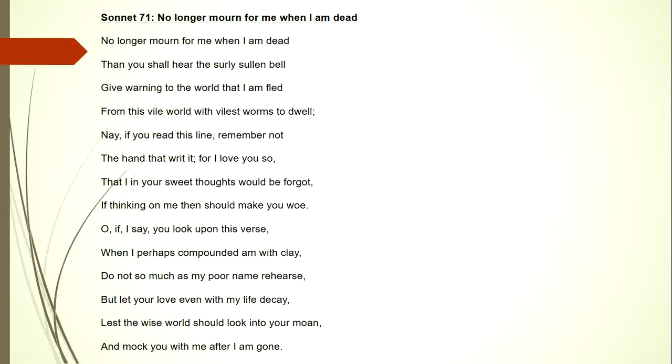So if we look at the poem in terms of structure, we know that Shakespearean sonnets are normally written in 3 quatrains and a rhyming couplet. So if we look at the rhyme scheme there, we'll see that it's A, B, A, B, C, D, C, D, E, F, E, F, and G, G. And you can see I've color-coded it there into the 3 quatrains and the rhyming couplet.